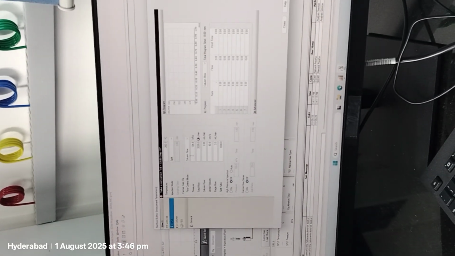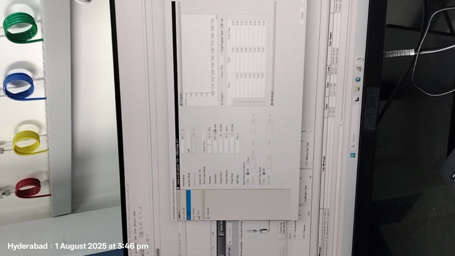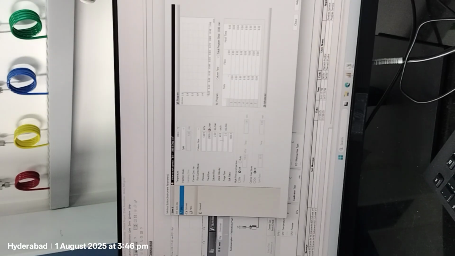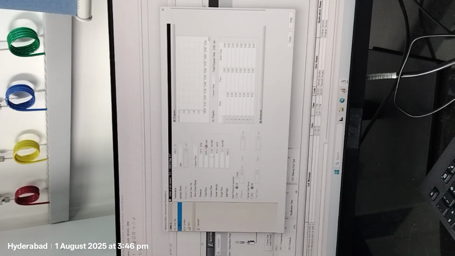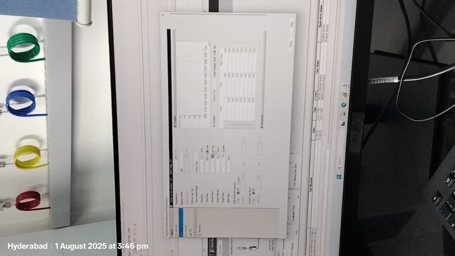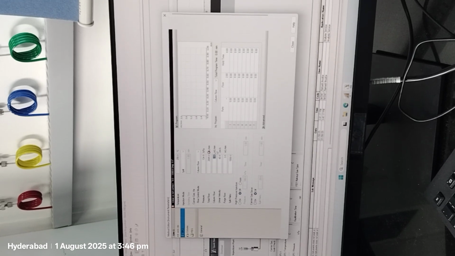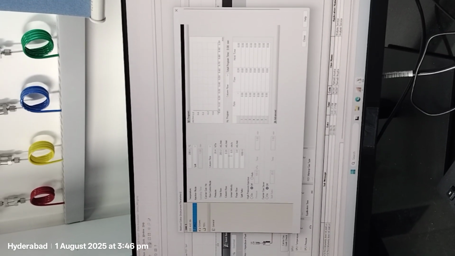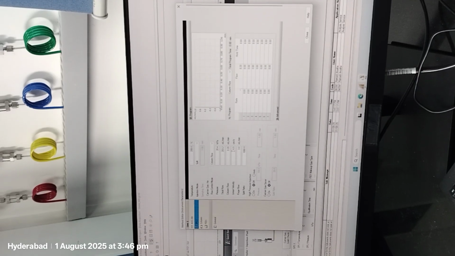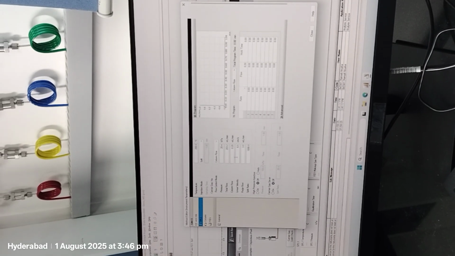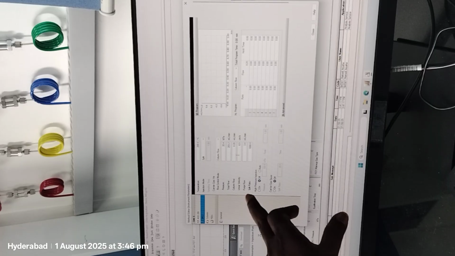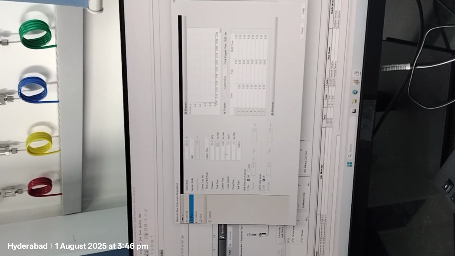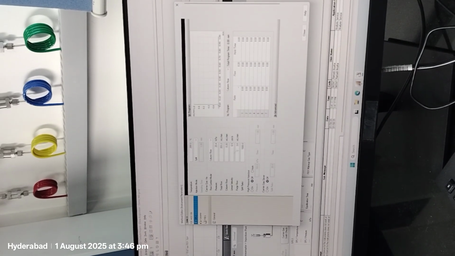Understood. So, for example, if you are going to separate by the column flow, you have to select column flow and give the column flow. How much will they give here? 0.2 ml per minute. These two you have to give. The rest of the things you don't change. Purge flow is default 3 ml per minute.